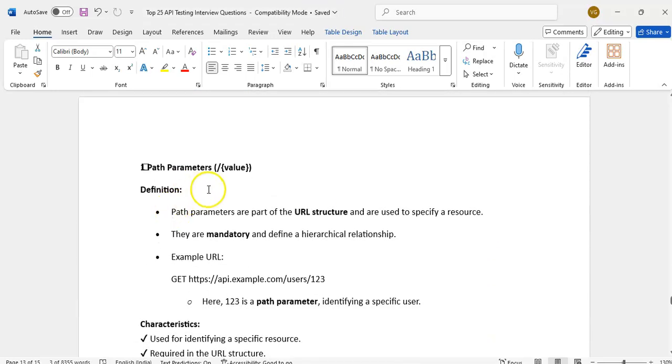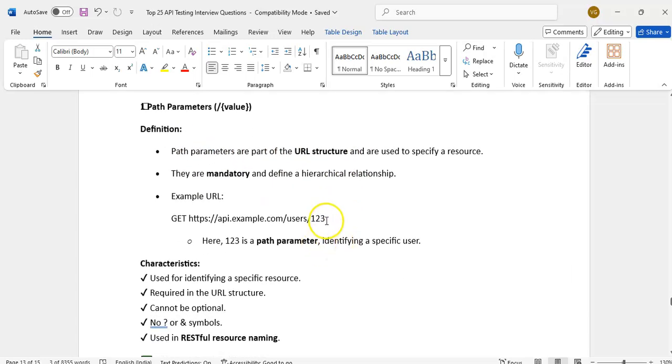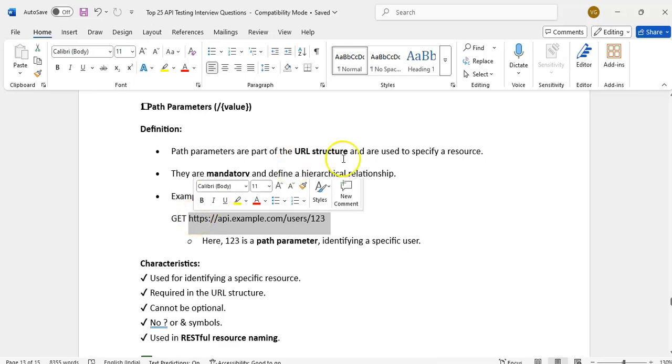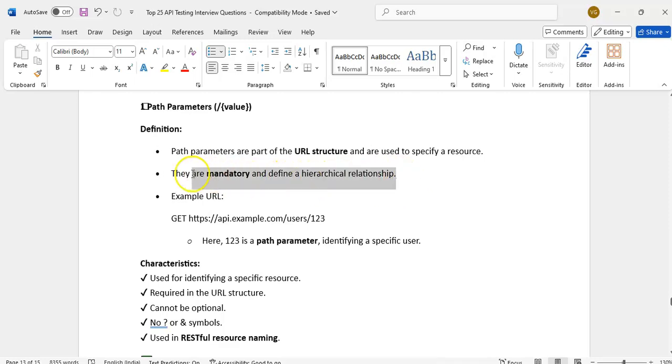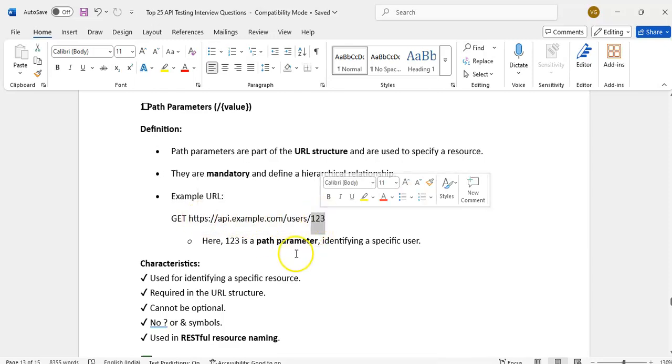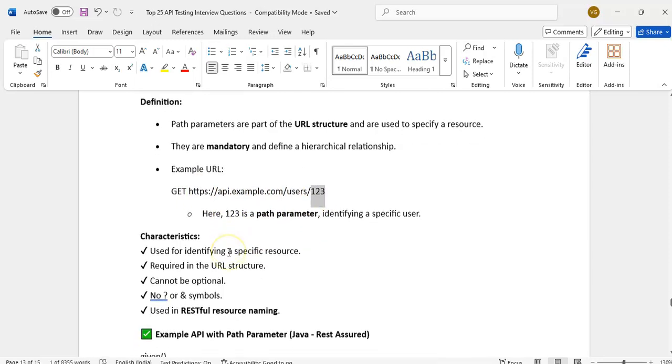Path parameters are part of the URL structure. Suppose I want to get a particular user, a particular employee; after the slash we give the ID. It is part of the URL and is used to specify a resource. They are mandatory and define a hierarchical relationship. If you don't send it, it will not return the particular one.